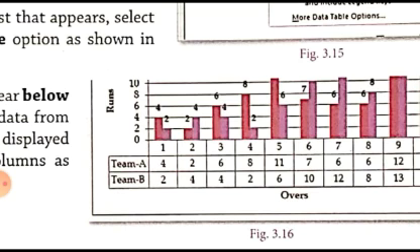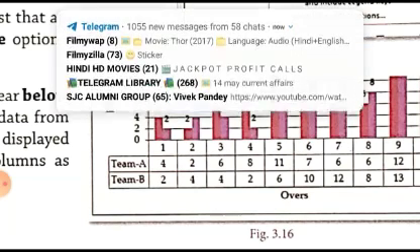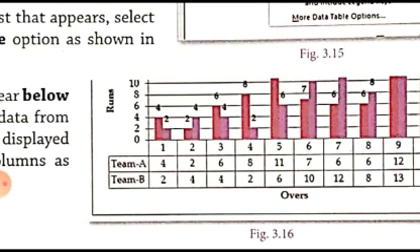Like here, for runs we are writing 0, 2, 4, 6, 8 and 10. Okay, we are writing only even number values. But what happens? Runs could be 1 also. A team may be scoring 1 run also, 3 runs also, 5 runs also, isn't it or not? A team may be scoring 9 runs also, 7 runs also. But all these values are not shown. So for showing these values we can use minor grid lines, because these values will be the minor values in the chart.